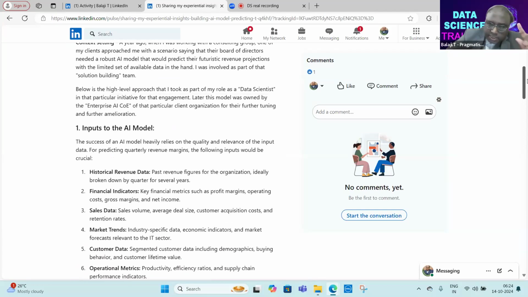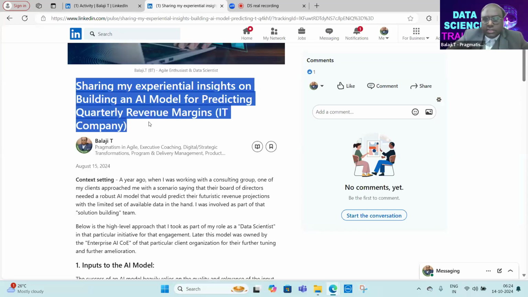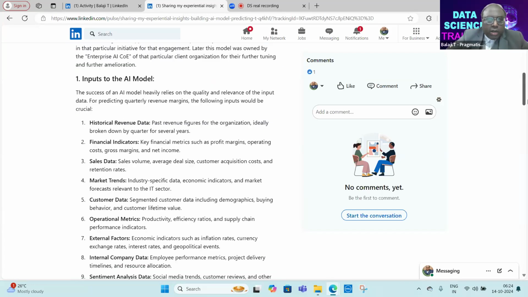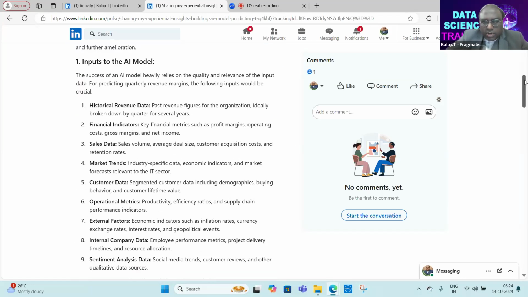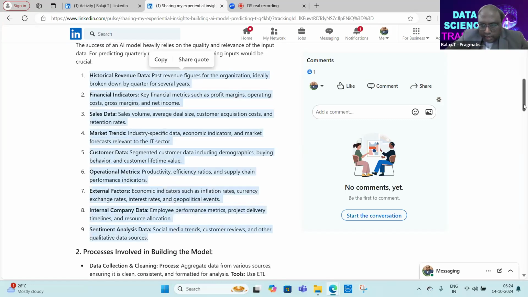So as I mentioned previously, this is the business problem. Understood that this is the business use case. Now, what are the inputs to the AI model? These are all the inputs. I have given 9 inputs for now. Understand one thing: output is equal to input plus process, by and large.